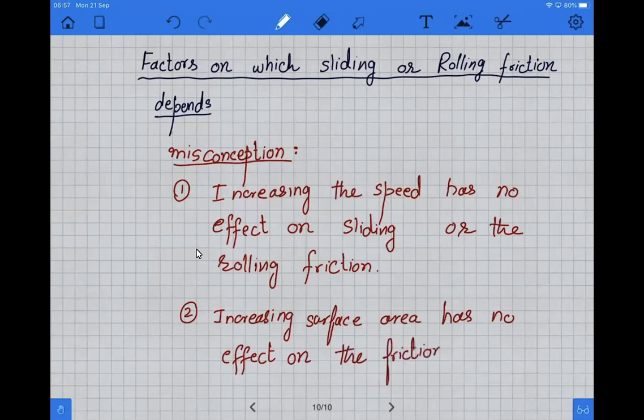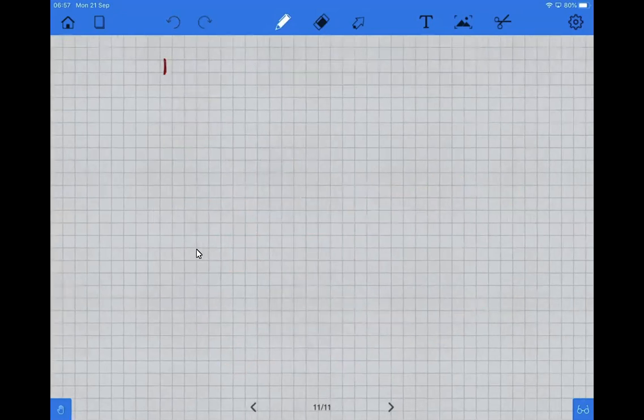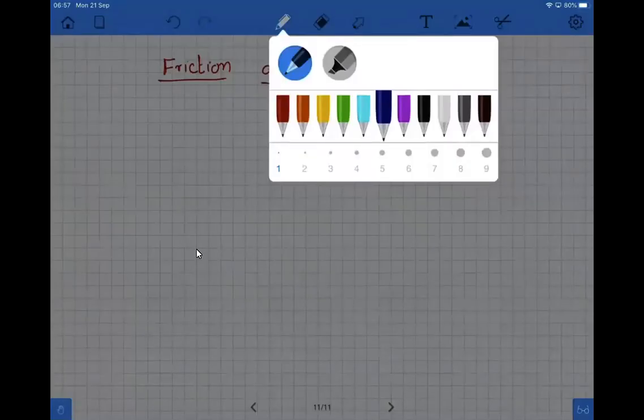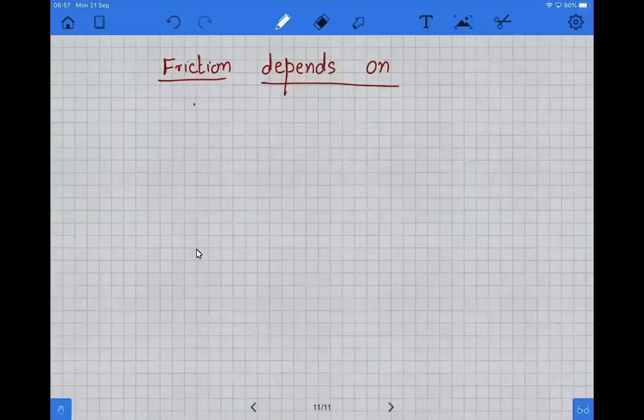So increasing the surface area or decreasing the surface area has no effect on the friction. Friction in solids, that is rolling friction and sliding friction, depends on